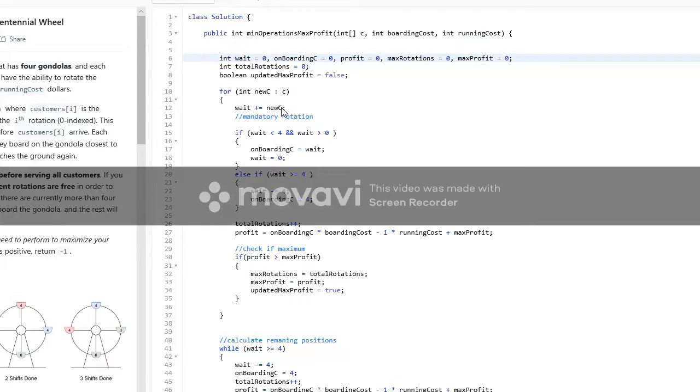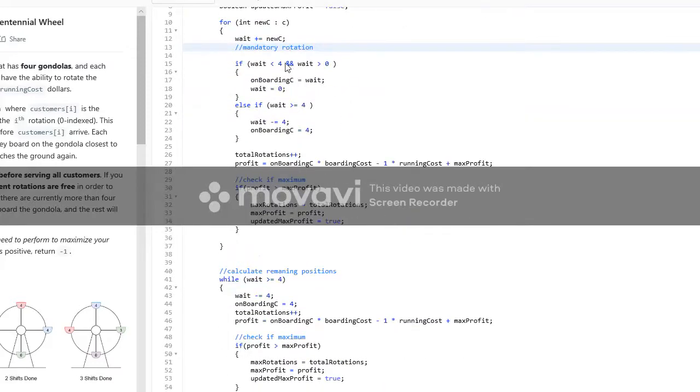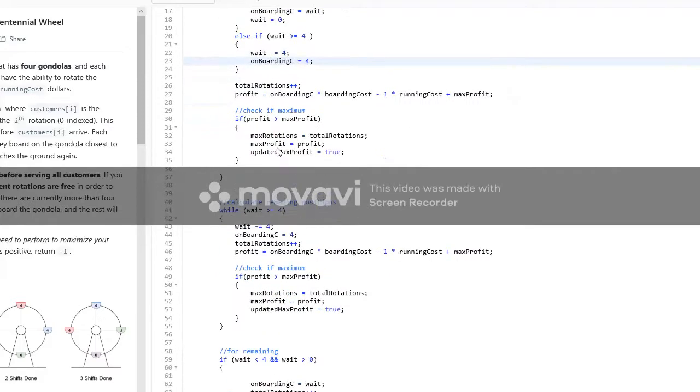So in the first iteration, we put all the customers to wait, and then we do the mandatory rotation. If we have less than 4 clients, we onboard them all, so the wait stays 0. If we have more than 4 clients waiting, we remove them from the waiting list and onboard 4.